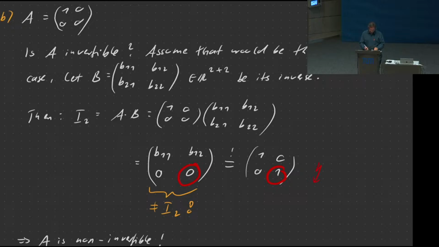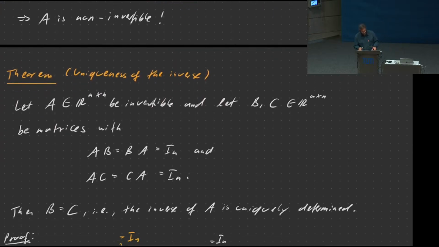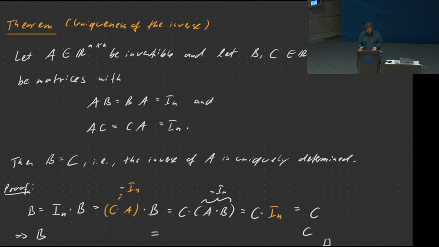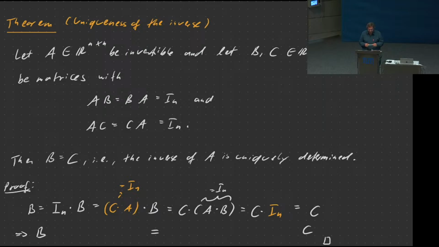So specifically, that can never be the identity matrix because it has a 1 in this position here. So this is an example for a matrix that is not invertible. Okay, so apparently both exist. There are invertible matrices and there are non-invertible matrices. And we need to find out which is which and how we can determine that. And also how we can compute the inverse if it exists, of course.